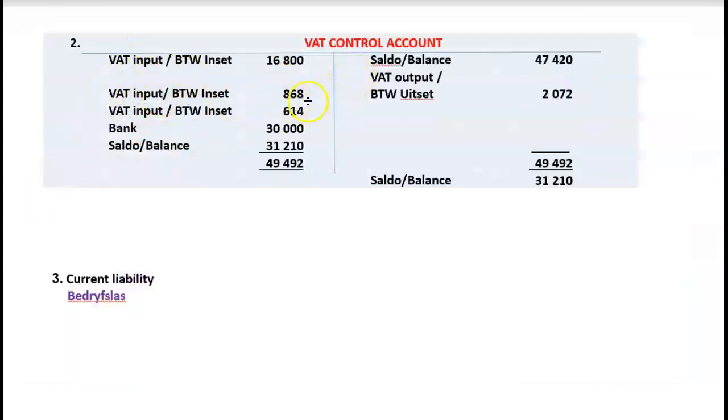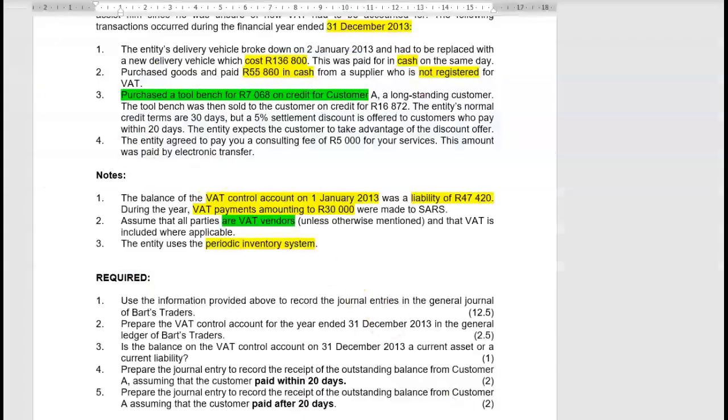VAT input 868. Then the second part of the question, remember they bought this thing for customer A. Customer A has requested such an item. They went along, they bought it, and then they sold it on to customer A. It was then sold to customer A on credit for